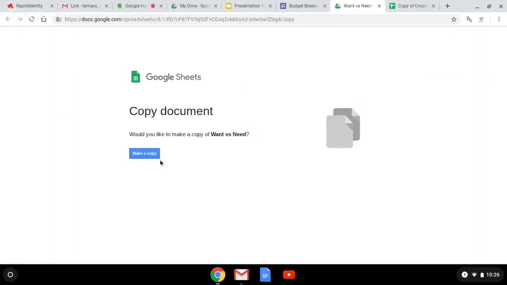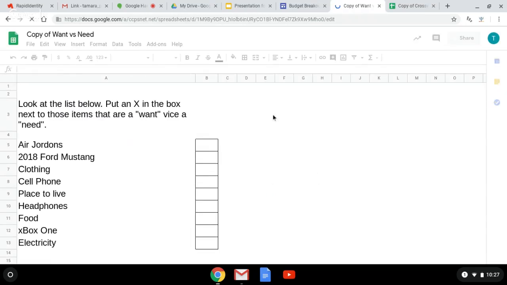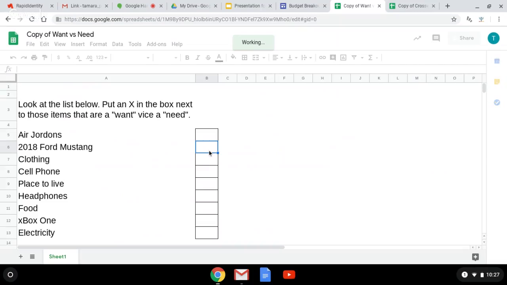Let me show you another example, the needs versus wants. Anytime you use one of the Google products, you want to have the students use a copy. And so this was one that I used again in Google Sheets. They just have to put an X in the items that are a want versus a need. And when they do this,